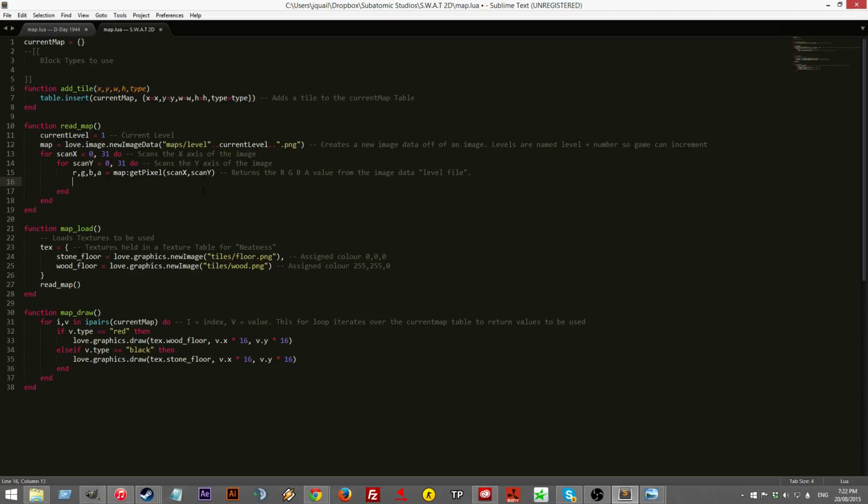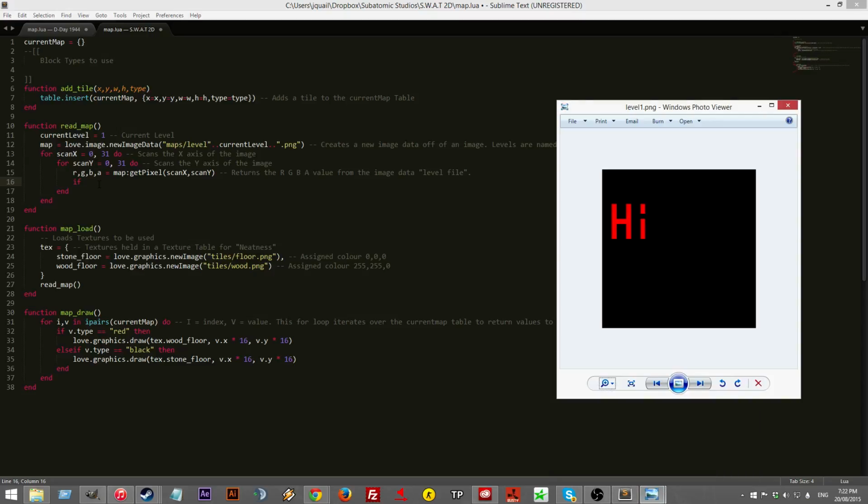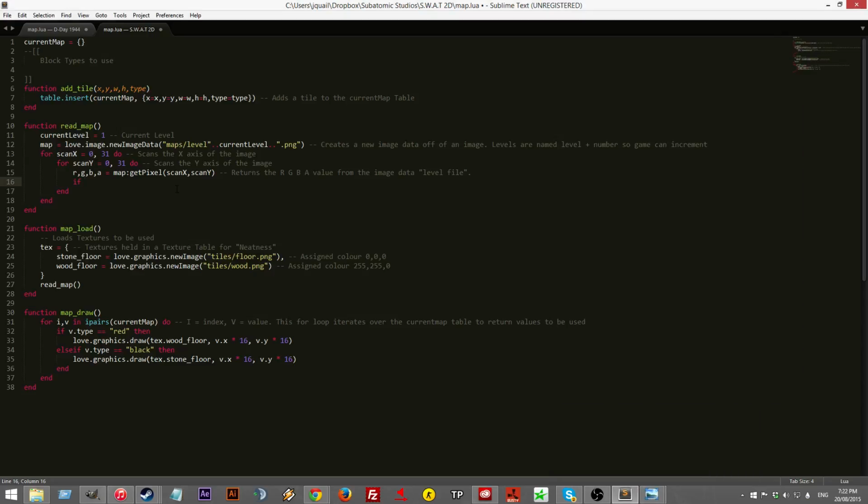So first of all, what you want to do is have some if statements which check the color values being returned each iteration of the for loops. So we'll do an if. Because I've only got black and red, we can just do a check on black and red. So we'll check the red value. So if red equals 255, that's if it's red,